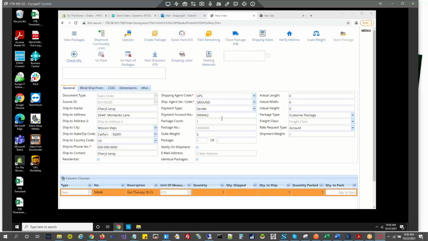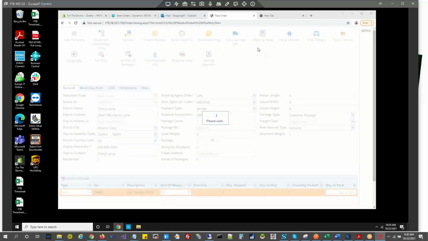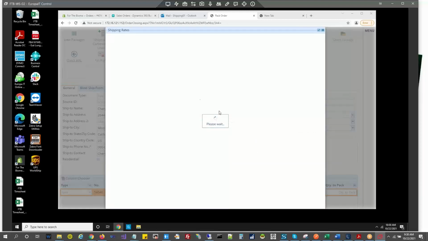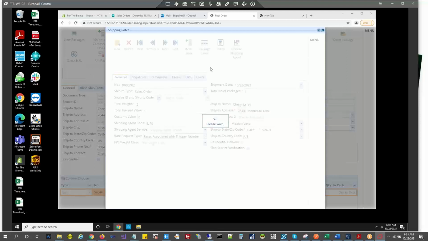Or else, if you want to check the rate shop of this particular order every time, you can enter the weight and choose the rate shop option using the option Shipping Rates. So with this, by default, the sales order agent code will get the rates.